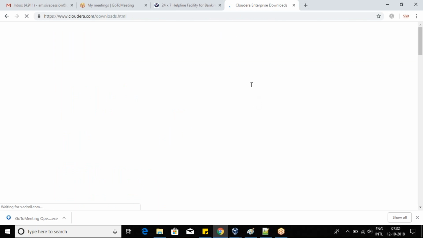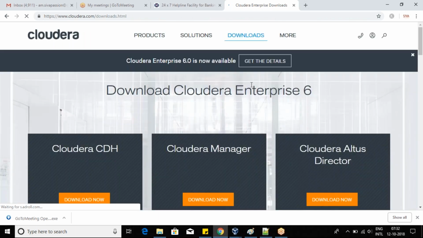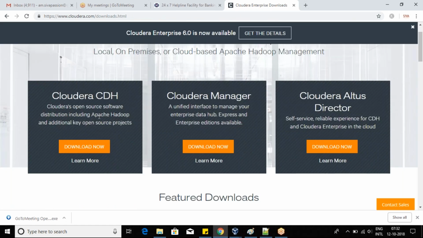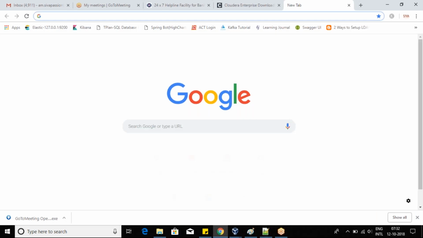Suppose you are downloading Cloudera CDH, which means Cloudera Distribution including Hadoop. Even if you download it now, we are not able to get the complete UI of Cloudera. But if you observe the Cloudera images,